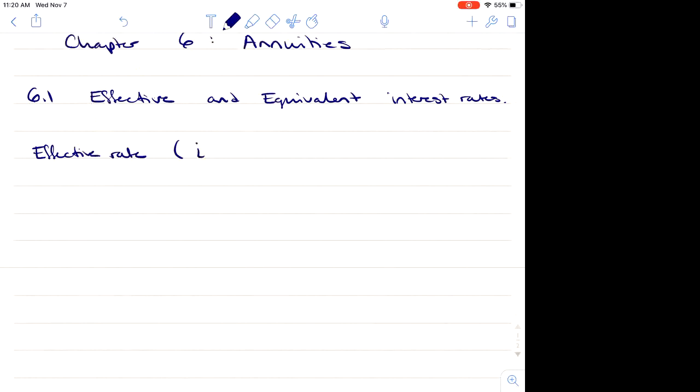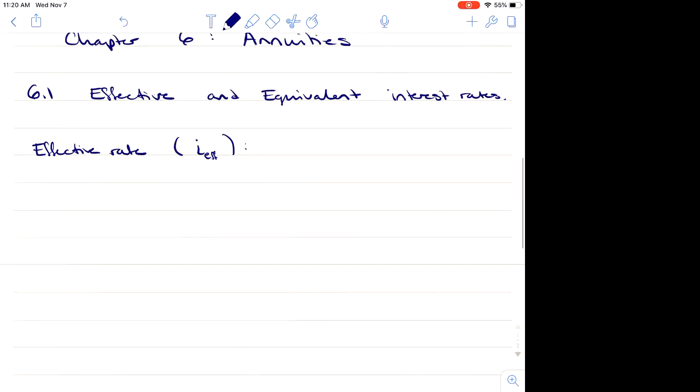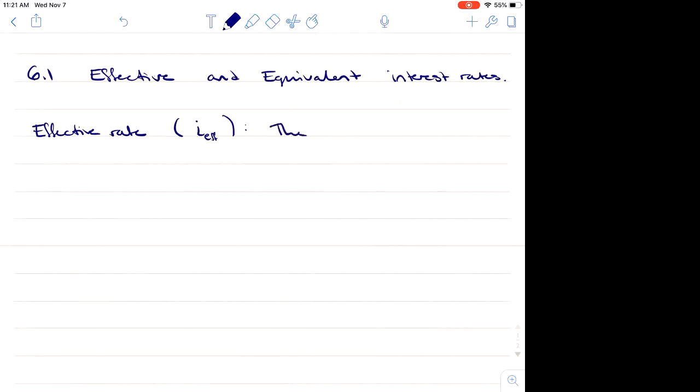Which we denote lowercase i, subscript eff. And before we even define it, you've got two formulas for the effective rate on your formula sheet, at the very top. So we'll talk about those, of course, and when each of those applies. But it's good to have a look and say, oh, there they are. Come back to those. So the effective rate is the annually compounded rate